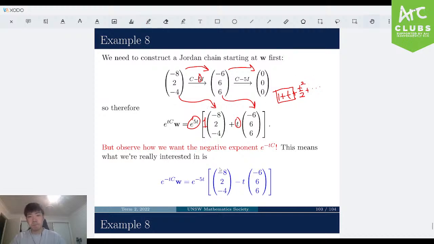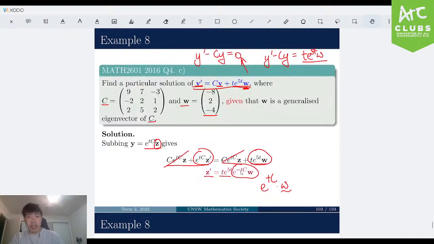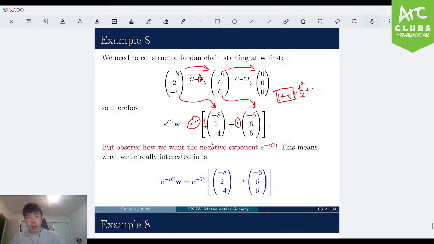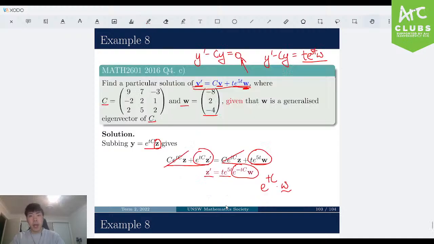Now, a small detail is that this is e to the power of negative tc, not just e to the power of tc, which means to get our actual answer, we need to make our 5t negative 5t and our plus t minus t. But now we have a form for e to the power of negative tc, w. So let's sub that back into this expression here, and that will give us